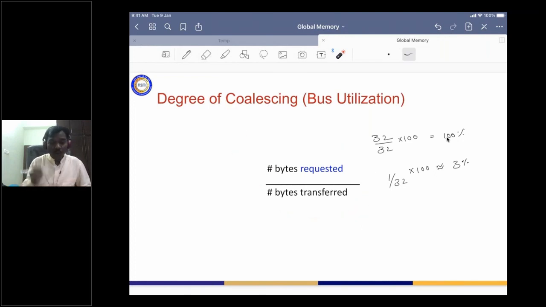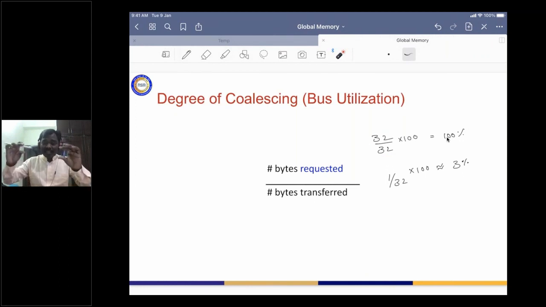If the number of bytes we requested and the number of bytes that has been transferred is exactly the same, then the degree of coalescing will be equal to 1, and if you multiply it by 100, that we call bus utilization. If 32 threads from a single warp wanted to read 32 elements, and all the 32 elements have been read, then it is very good. So then the bus has been utilized very properly.